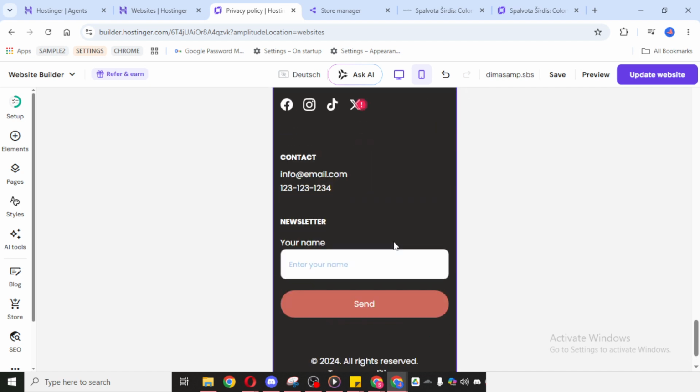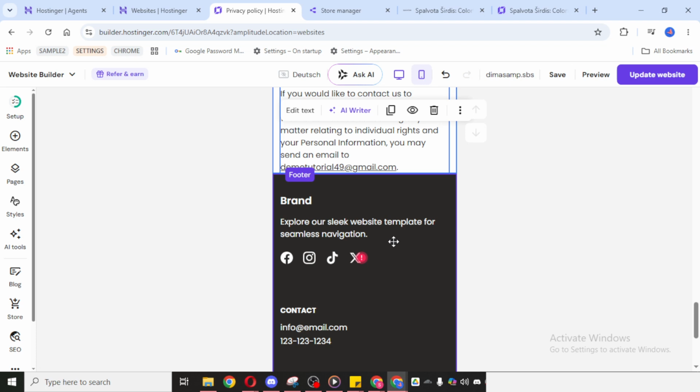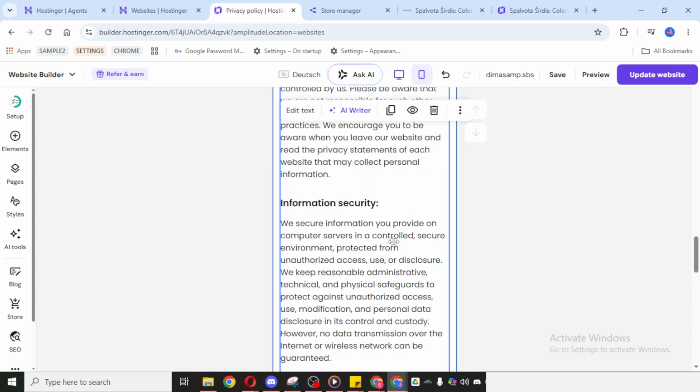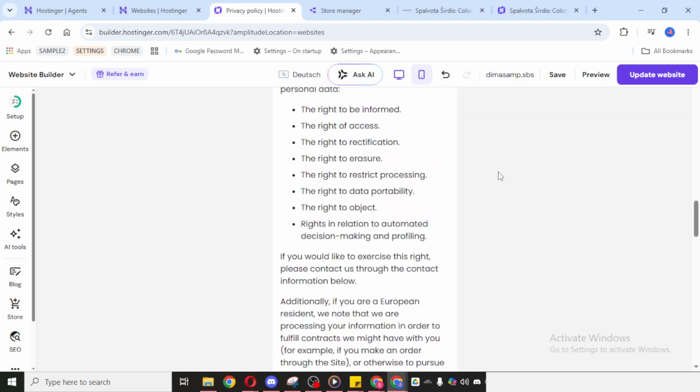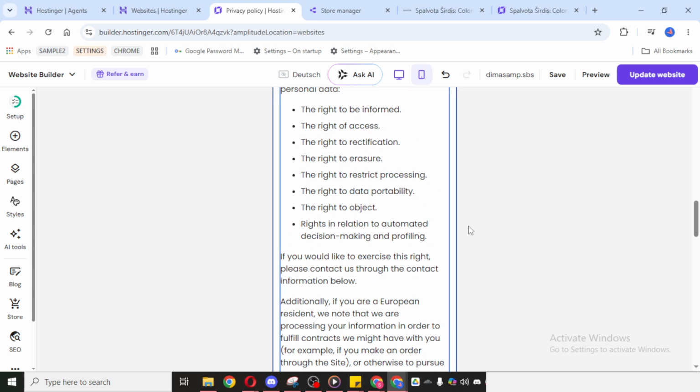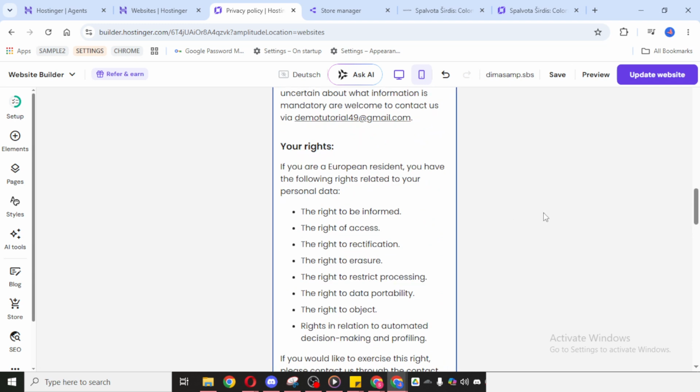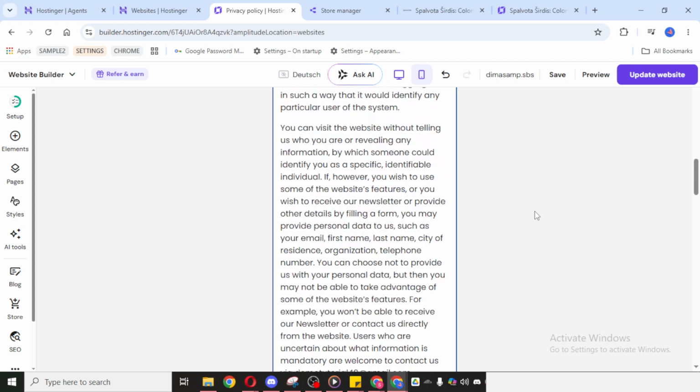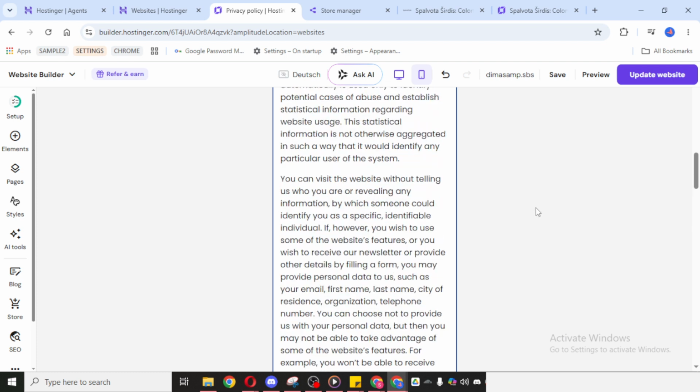The goal is to make everything fit naturally on the mobile screen, so visitors can scroll through your site without confusion. Take your time here because small layout changes can make a big difference in how professional and user-friendly your site looks on a phone. As you work, it's a good idea to preview the page visually and make sure everything is readable and properly arranged. Focus on clear spacing, visible text, and a layout that feels simple and organized. Mobile users usually browse quickly, so a clean design is especially important.